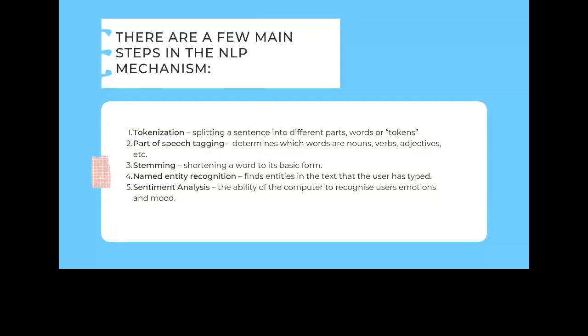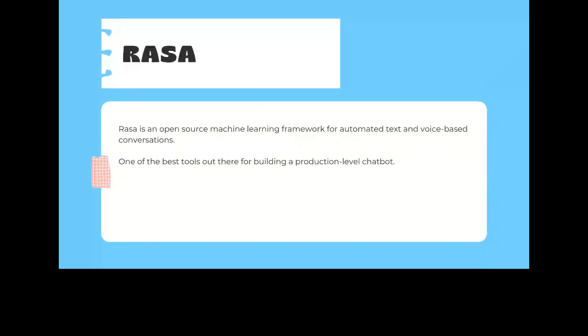Okay. Now talking about Rasa, Rasa is an open source machine learning framework. For all those things I was talking about, NLP, AI, the models, it gives you everything directly with everything behind the scenes, and we get what we need, and we can make changes and make the bot as per our own requirements.